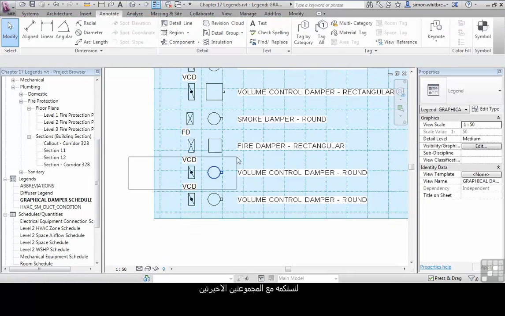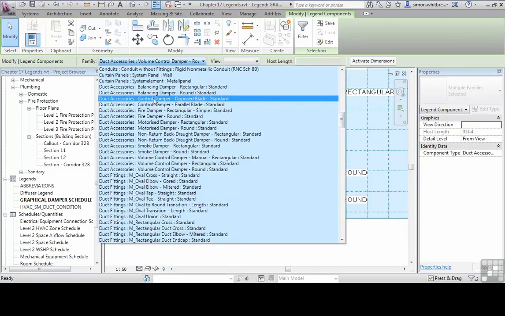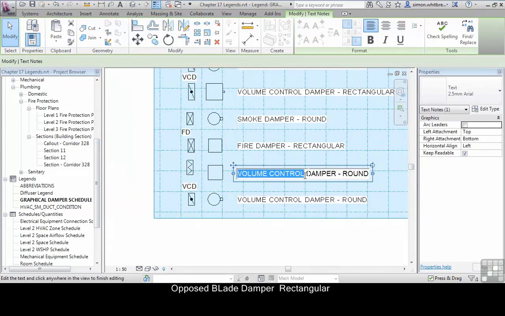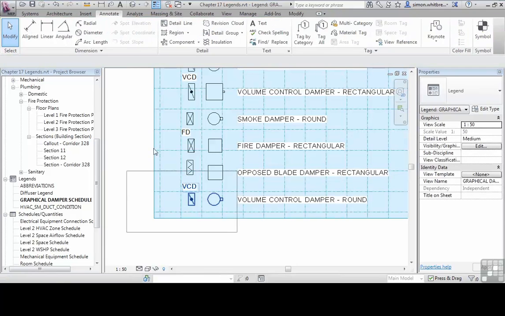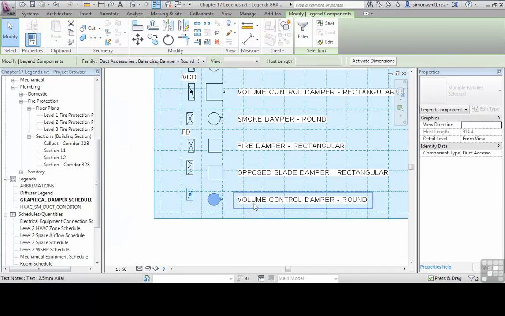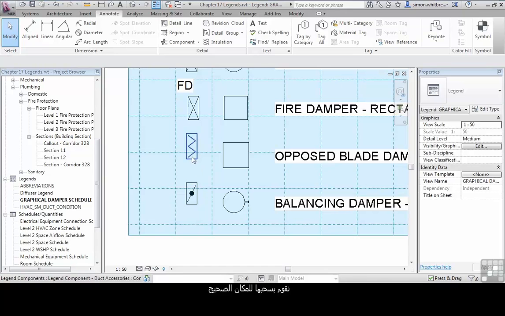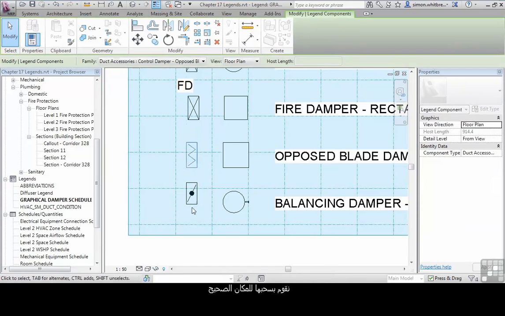Let's carry on with the final two. Here's an opposed blade damper, rectangular, and a balancing damper. We can drag these into the correct position as before,